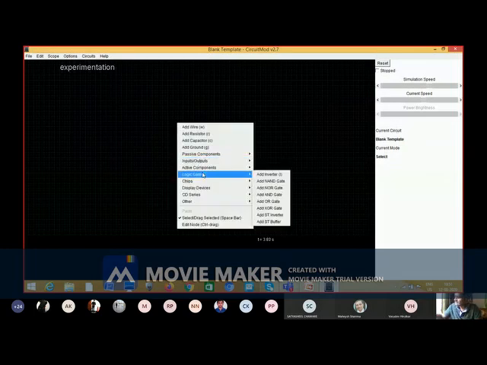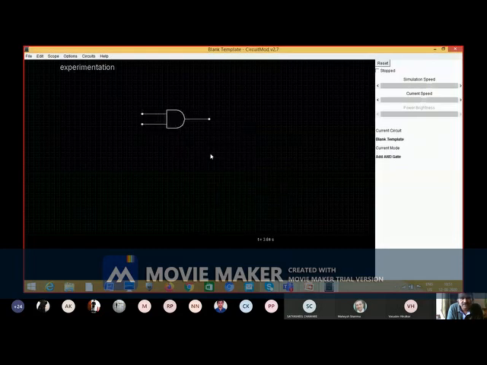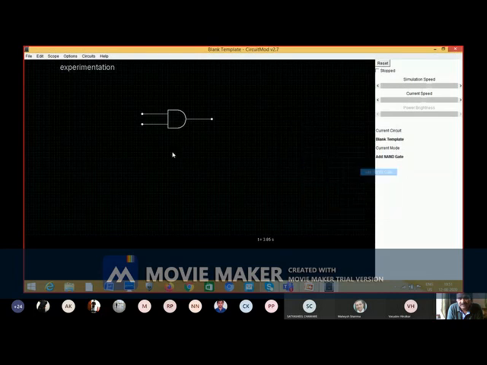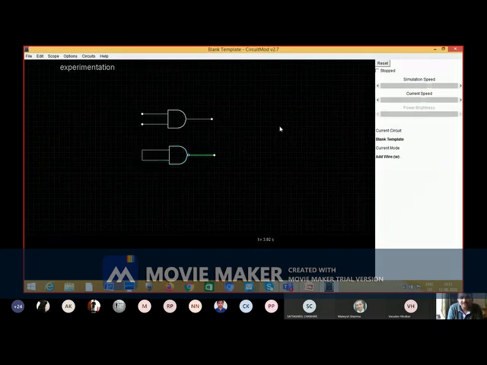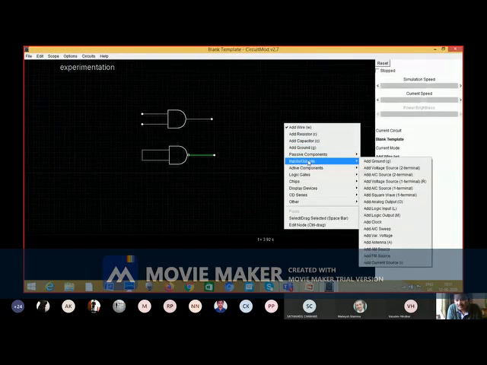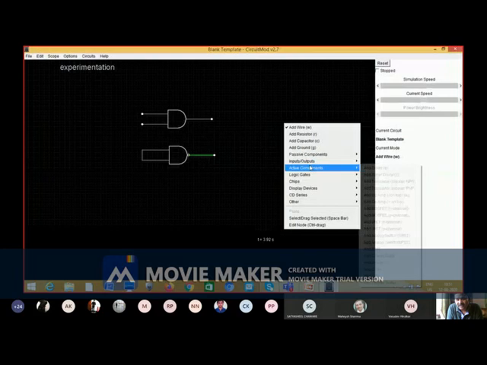Okay, now what I will do, I will just take some gates. So this is AND gate. This is NAND gate. And you want to make this NAND gate as a NOT gate. So suppose I'm shorting this, and output I will use LED.